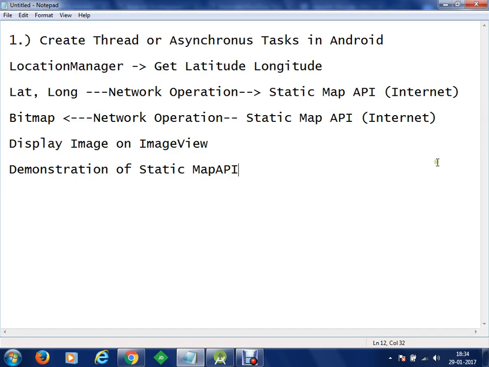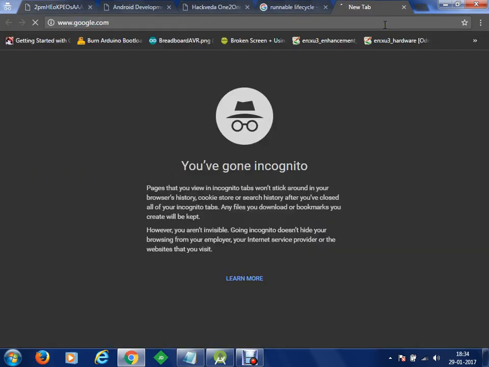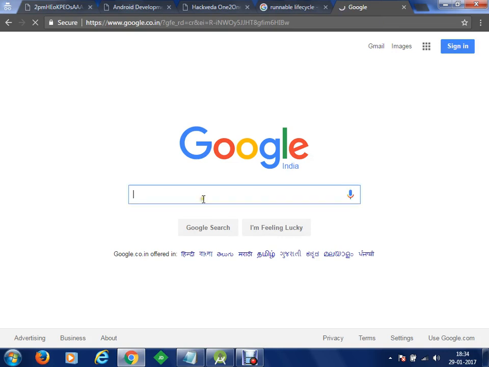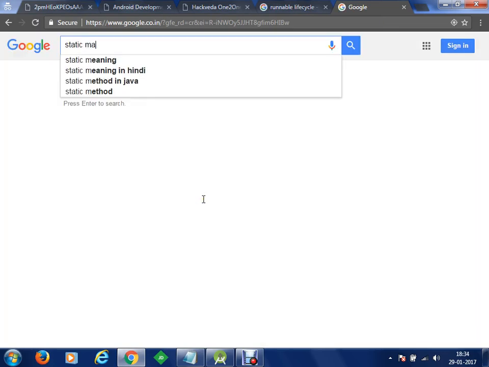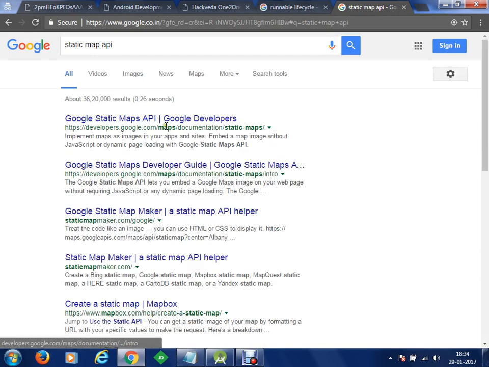Okay, let's go for it. So we'll go to google.com, we'll open static map API here, and let's get a quick demonstration of how static map API works. So we'll just type in static map API. We'll go to Google Static Maps API on the website developers.google.com.